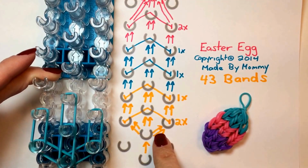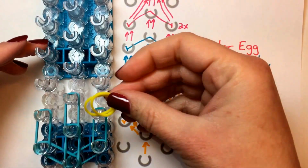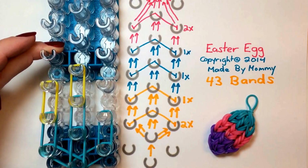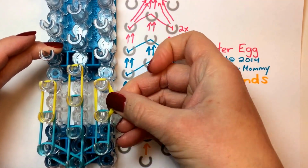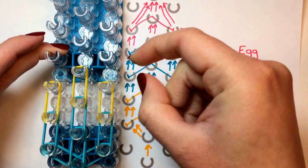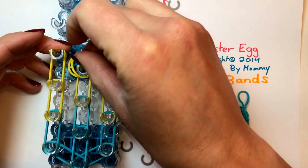This chart will be available for you to print out at madebymommy.com if you'd like to have it to follow along. Then switching to the color you'd like to have in the middle of your egg, 2 yellow bands going forward on the left, center, and right side. And then again, just trying to make sure I don't twist these because it always looks nicer when they are neat. There we go. The middle color again on the left, center,